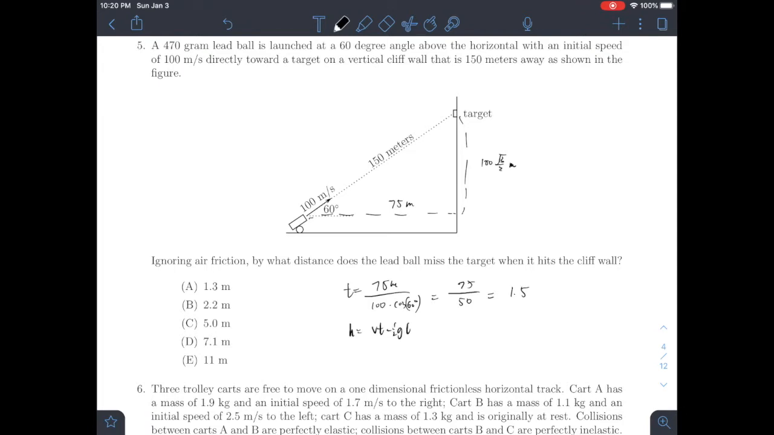Then we know the height the ball will finally reach is equal to Vt minus 1/2 g t squared, which is 100 times sine of 60, the vertical velocity, times time, minus 1/2 times gravitational acceleration, which is 5 times 1.5 squared. Then we will have 100 times the square root of 3 over 2 times 1.5 minus 5 times 1.5 squared. Plugging into a calculator, we get